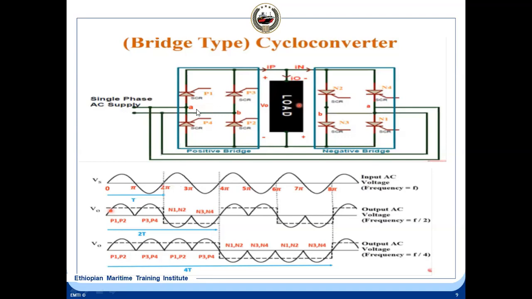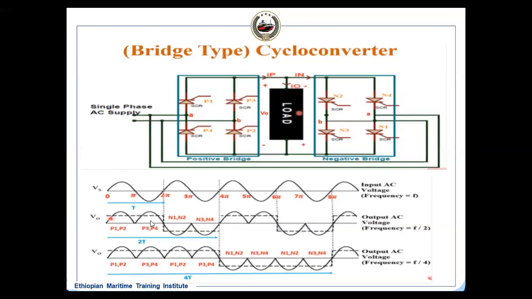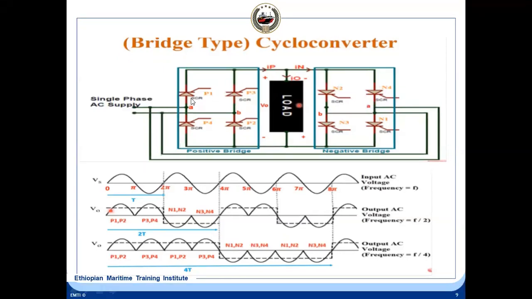Now how you fire this cycloconverter all depends upon the control circuit. The firing circuit decides which thyristor is to be fired, because during the positive half cycle we are only firing P1 and P2, and during the negative half cycle we are firing P3 and P4. But you can even fire the other thyristors also, it depends upon the firing cycles. This is the concept of a cycloconverter, how it converts fixed voltage, fixed frequency into variable voltage, variable frequency.